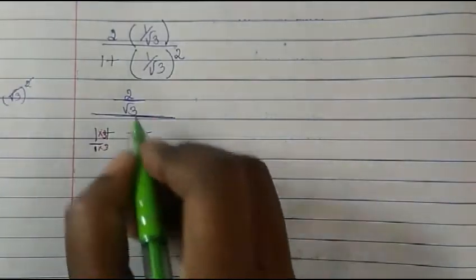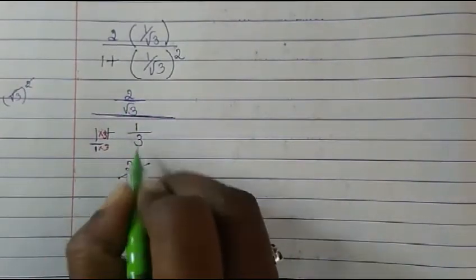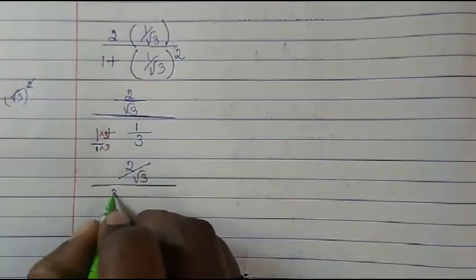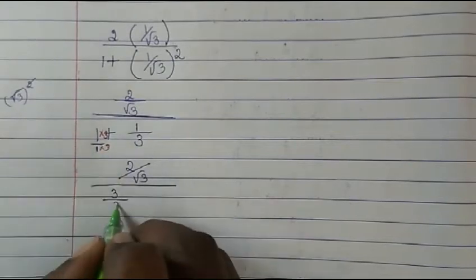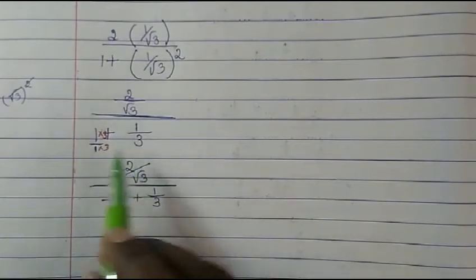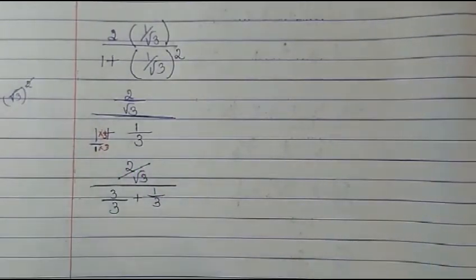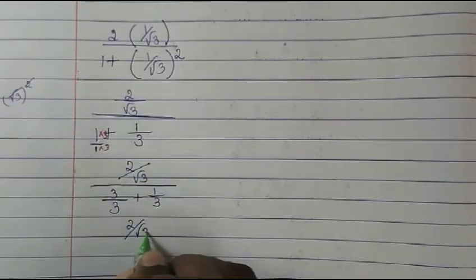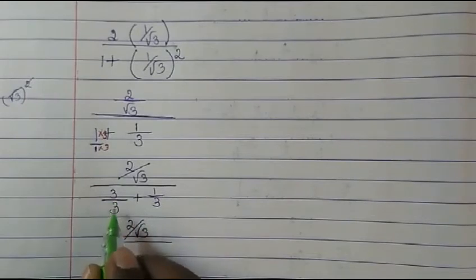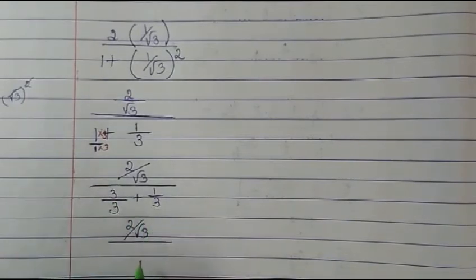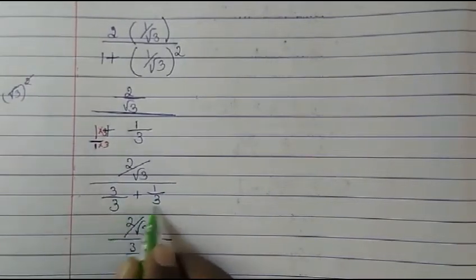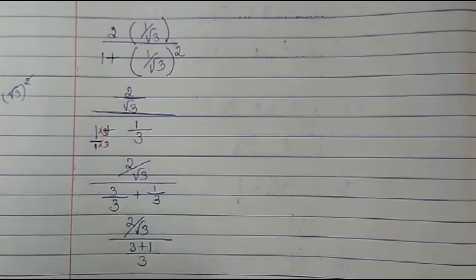Then what we will get, this let's write down as it is, root 3 upon this part. 1 into 3 will give us 3. Then 1 into 3 will be 3. Here plus is there and this is same. Now we see both the side denominator we got the 3. So this numerator part you write as it is upon this, here also 3, here also 3. So common we will write only one time. So this is 3 plus 1 upon here denominator is same. So one time we will write.